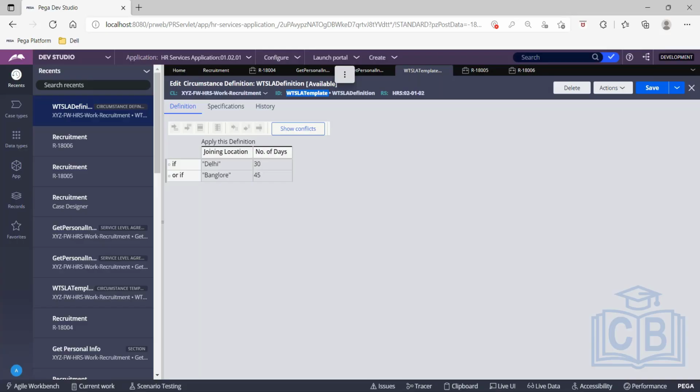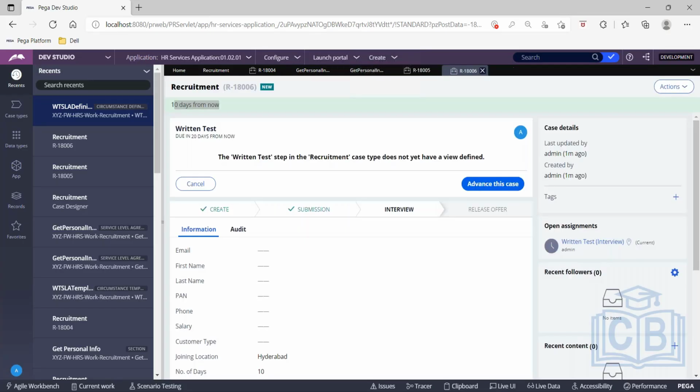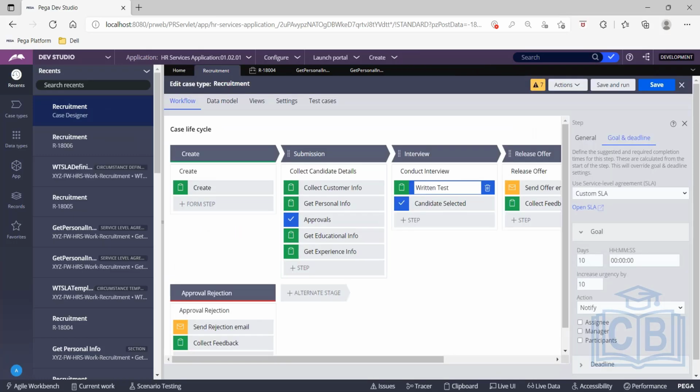So we can add in more and more properties also depending upon your business scenario. So we just took 2 for now, joining location and days, but there can be more also. Right. So that's about the circumstancing based on the template where you have multiple properties. You can also call the property